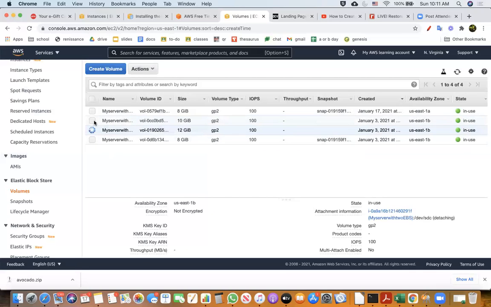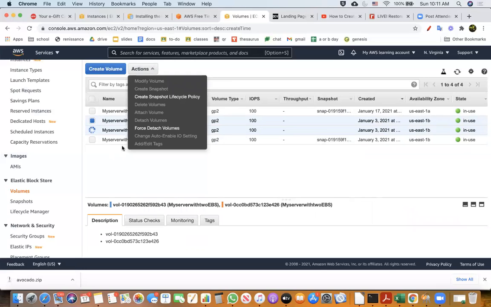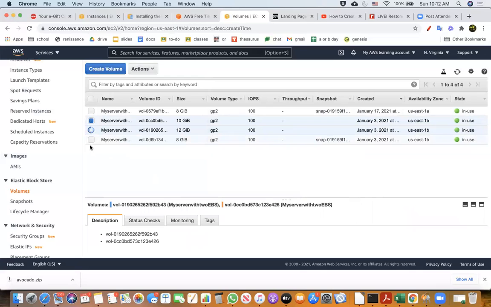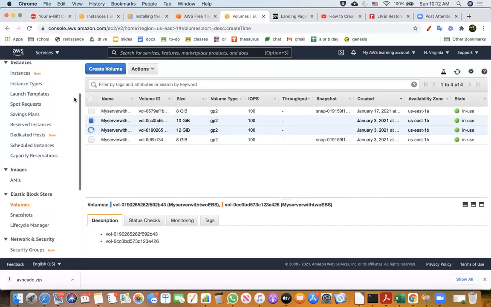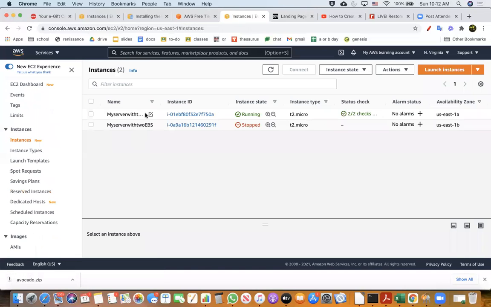So I will detach. Or let me do one thing. Since I probably created the same server with the same name, it is probably thinking something. So I'm going to go, and okay, this server is already in stopped status.